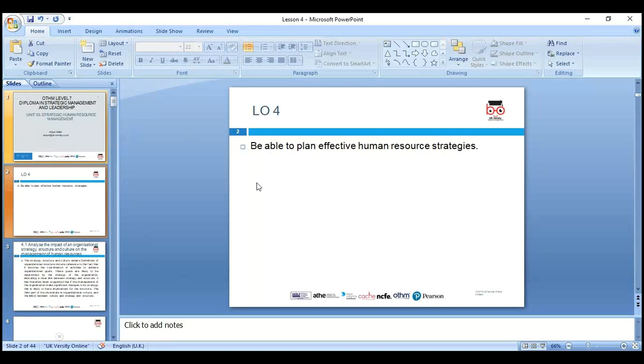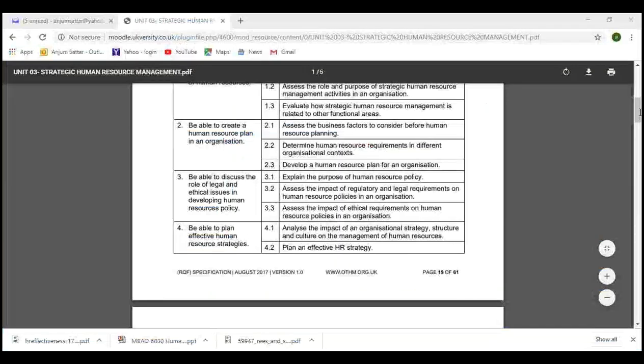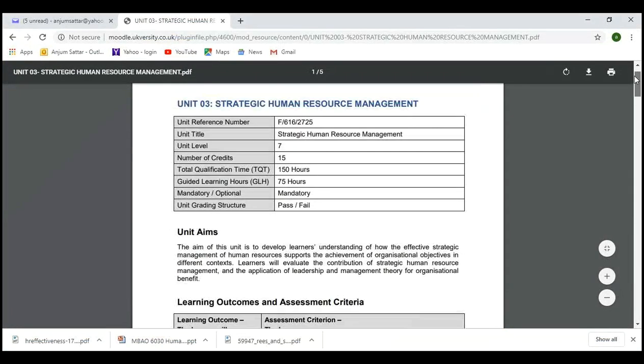So today we'll go through LO4, be able to plan effective human resource strategy. Before starting our lesson, first we'll recap what we learned up to now. During our previous lessons, we covered up to now